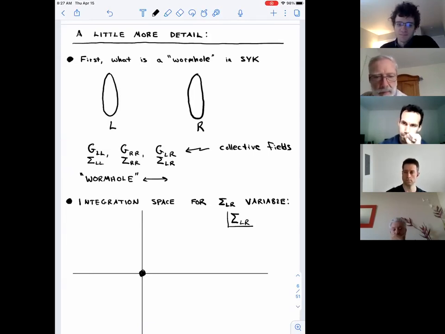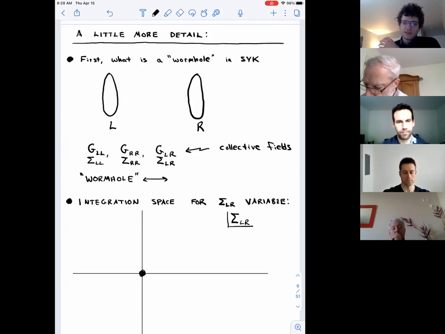I'm not sure to what extent you are familiar with the SYK model, but I'll explain precisely what model we're going to be computing in. So don't worry if you don't know what the SYK model is. For now, just think of it as a quantum mechanical system which we could imagine putting on a circle, computing the S1 partition function. So you could imagine computing Z left times Z right for the SYK model.